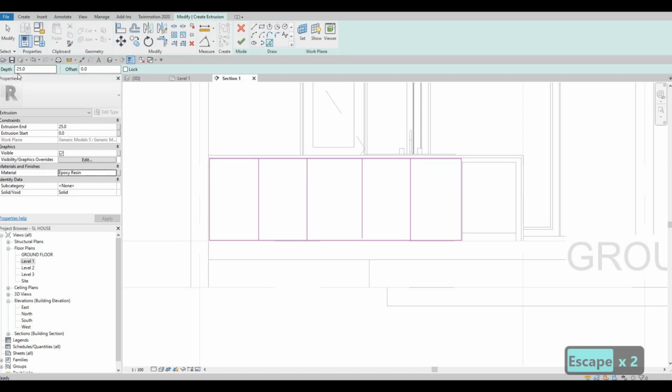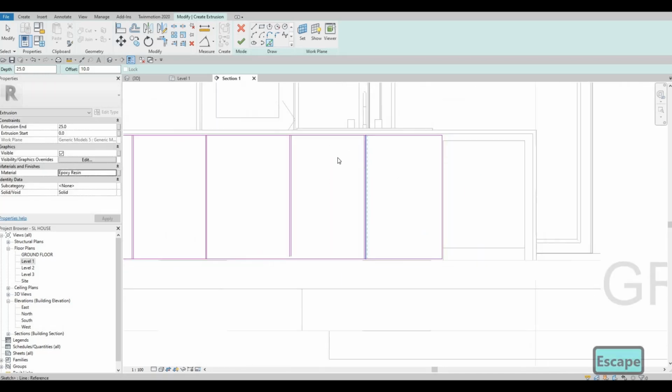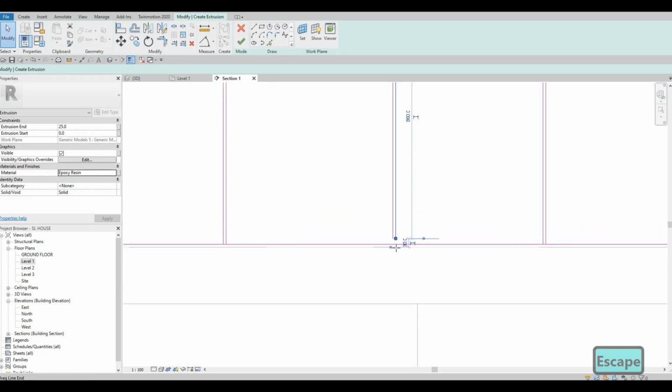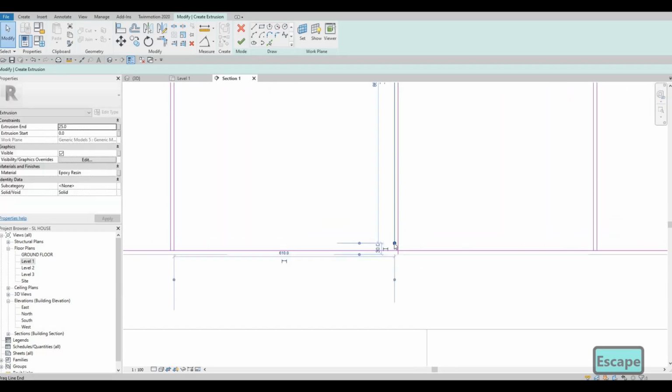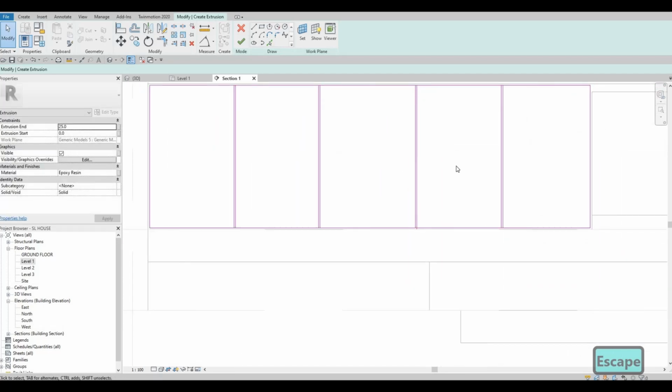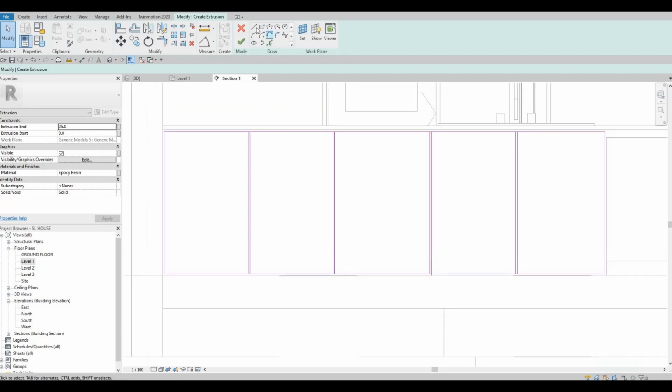We could use pick line 10, and it doesn't matter how you want it to be. I just want it to look like that, spacing up properly, and I want to make sure that this one is going below. If not, that's fine as well, because we're going to trim and extend all of this to individual. I'm planning to add drawers right here,